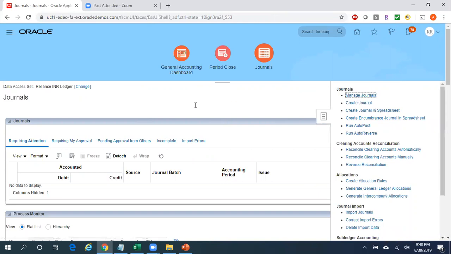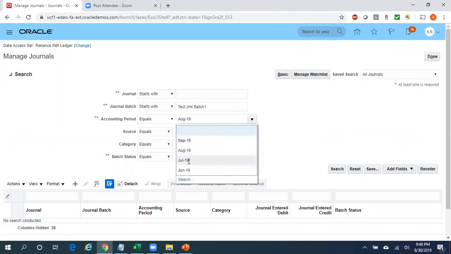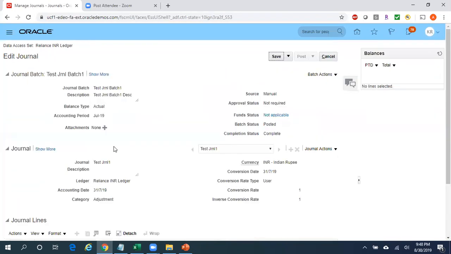Manage journals, and then journal batch. This is my journal batch name. Then change the accounting period to July, and then search. So this is the journal. Click on this hyperlink, which will take us to the journal batch screen. Here you can see the batch status is posted, and here